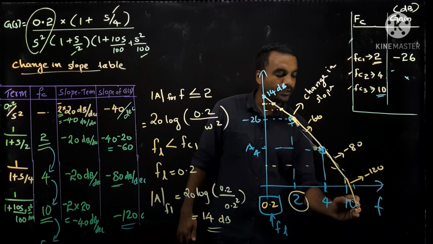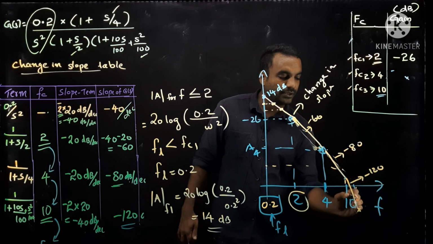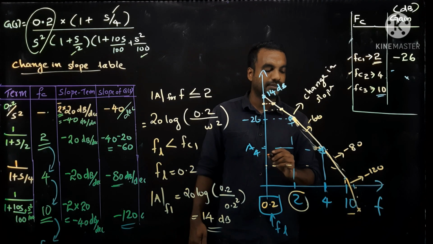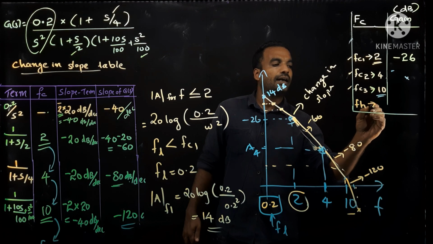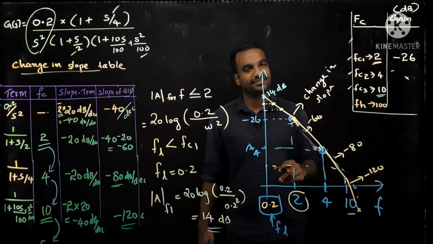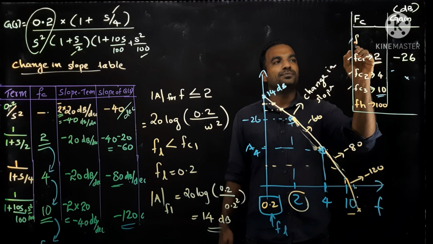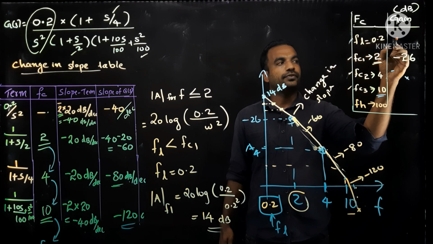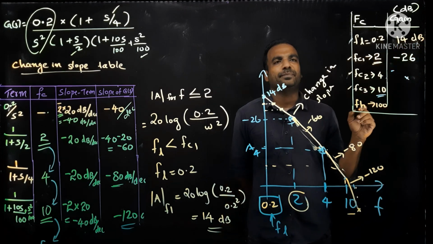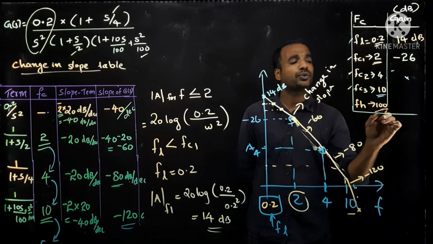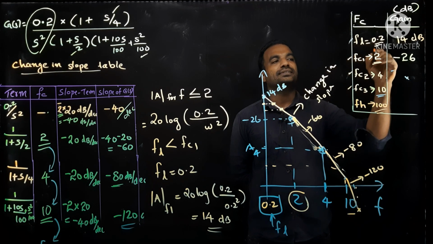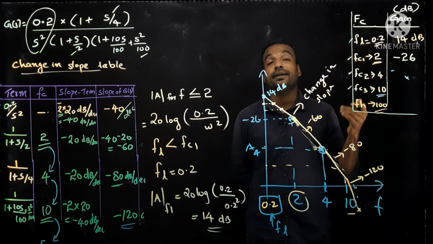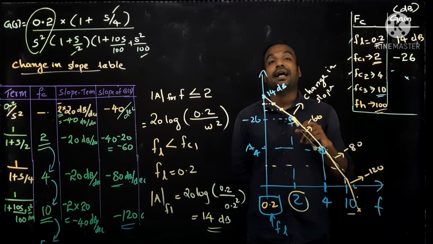And corresponding to some frequency, you have to find the gain in the similar case. So I am taking a higher frequency as 100. Why 100? Why 0.2? FL was 0.2 and we got the answer as 14 dB. Please tell me why I took 0.2 here, why I took 100 here? Because it is decades. 0.2 to 2 is a decade, 10 to 100 is a decade, multiplication of 10. Then you can easily cross check whether your answer is right or wrong.